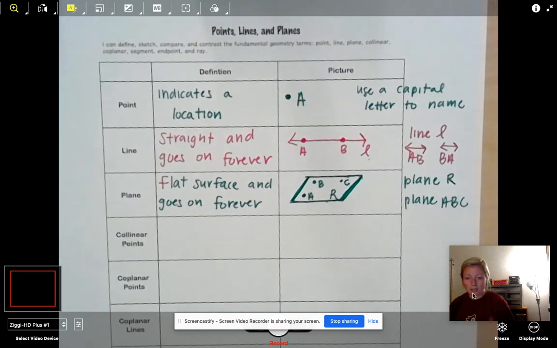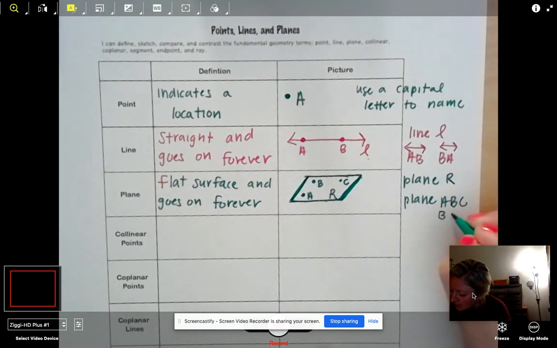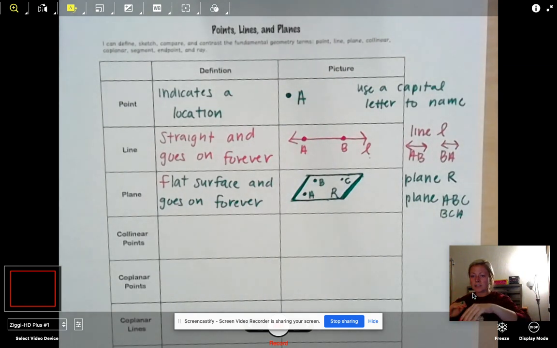And also know, sorry, I know I'm throwing a lot at you, but also know that you could switch the order of those letters too. So I could have said plane B, C, A, or C, A, B. It doesn't matter the order of the letters, just as long as you have 3, okay? All right,